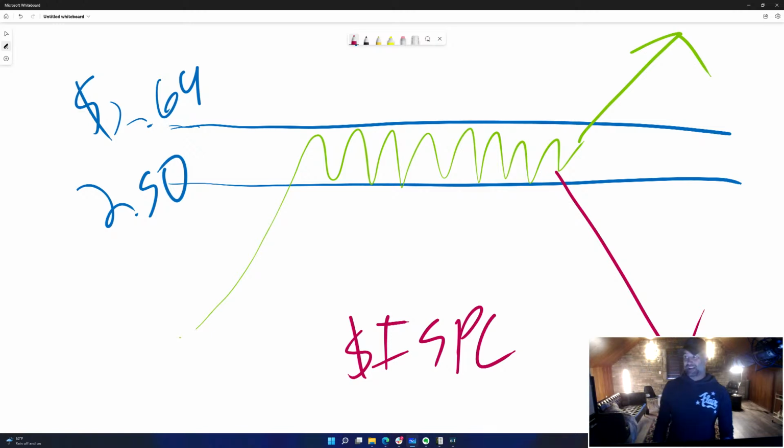So that being said, if you're long bias, look for a break above 269. If you're short bias and you've got a borrow on this, look for breakdowns below 250. Maybe trade them both. That's the great thing about this. Again, if you've got a margin account and a borrow, listen, if this thing gaps down at the market open,